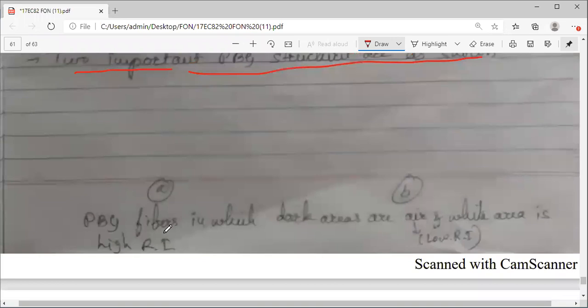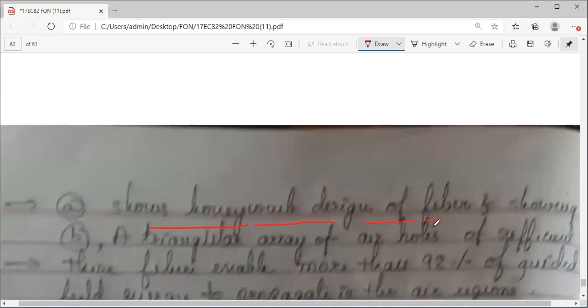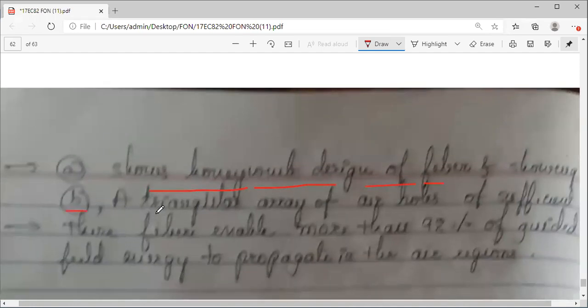In these fibers, the dark areas are indicating the air. Air has a low refractive index, which is 1. And the areas in between, the white, whatever spacing there is, will be the high refractive index material. In A and B, the first figure shows a honeycomb design of the fiber, and figure B shows a triangular array of air holes.